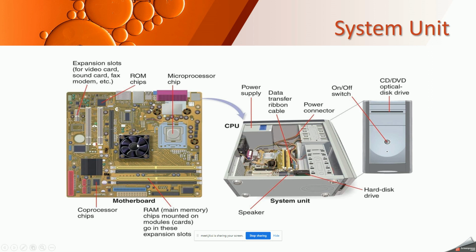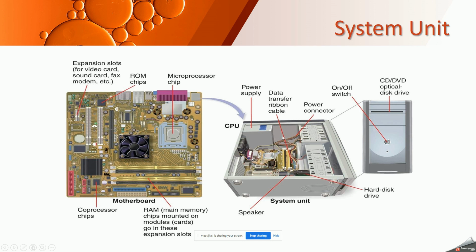Microprocessor chip, this is the fan for cooling. RAM is fit in the form of RAM chips, right? Random access memory, which is a volatile memory for your computer. Anything which you store in your RAM, it will stay there till the system is on. The moment you switch your system off or the electricity goes off, everything in RAM will be gone. Understood? So it is known as volatile memory.